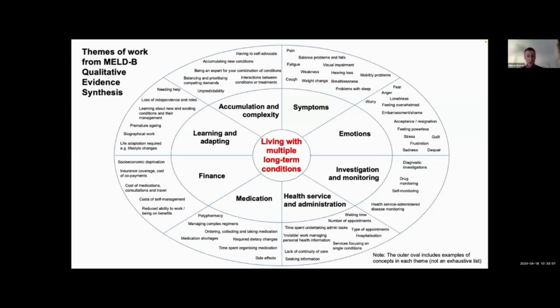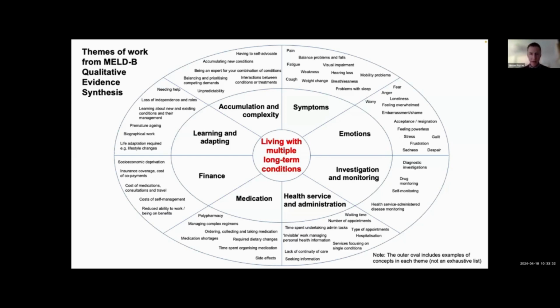And then accumulation and complexity is how patients might describe it: it's one thing after another, doctor. It's just how things develop across life, one thing after another, just building up the burden. Learning and adapting is about the way in which you have to change your life story, how you have to adapt your life to accommodate new conditions and so on. And then the financial burden has come through as a really important aspect. Again, perhaps not so well represented in data.